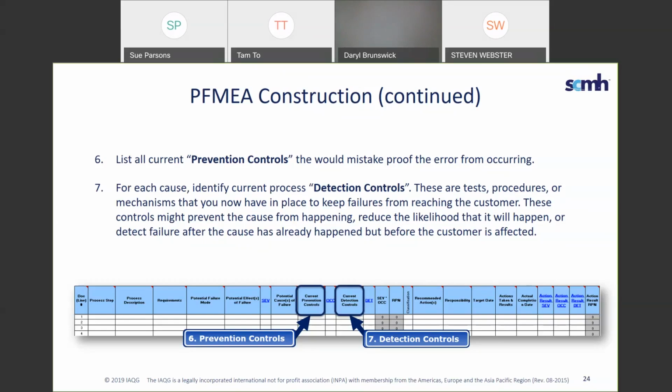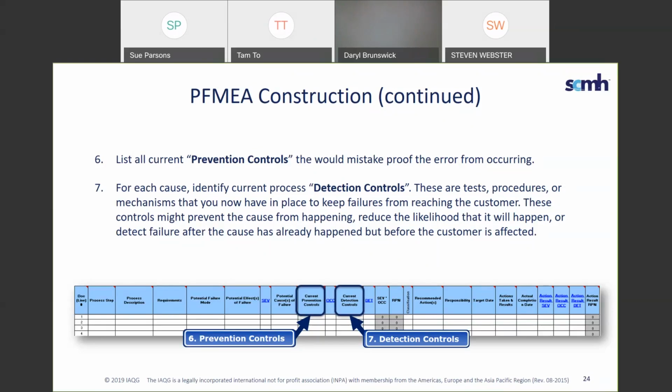So what prevents me from making a hole too small or too big? Do I have a drill checker online? Do I have an inspection for length right on the machine that says that one's too long, too short, so it kicks it out of the machine and doesn't even let it go to the next operation? So that's a prevention control. For each cause,